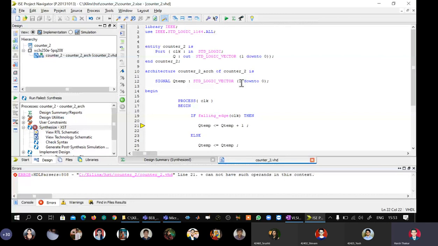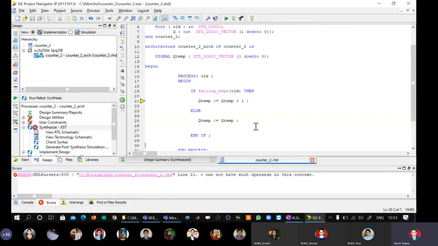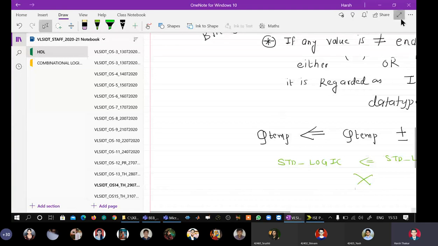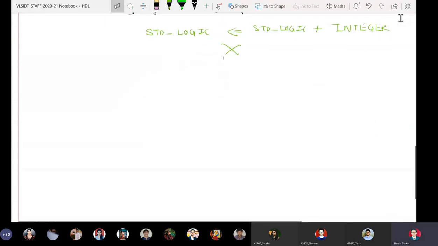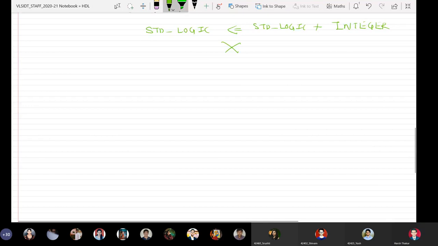Another problem is this. Now our output Q is 2-bit, so it is going to go through 4 states. Initially when my counter is reset, Q will be equal to 0, 0. First falling edge comes, becomes 0, 1. Next falling edge 1, 0. Next falling edge 1, 1. And next falling edge 0, 0. But please understand one thing, we have not written any logic within our architecture body which will tell it that you have to roll over.